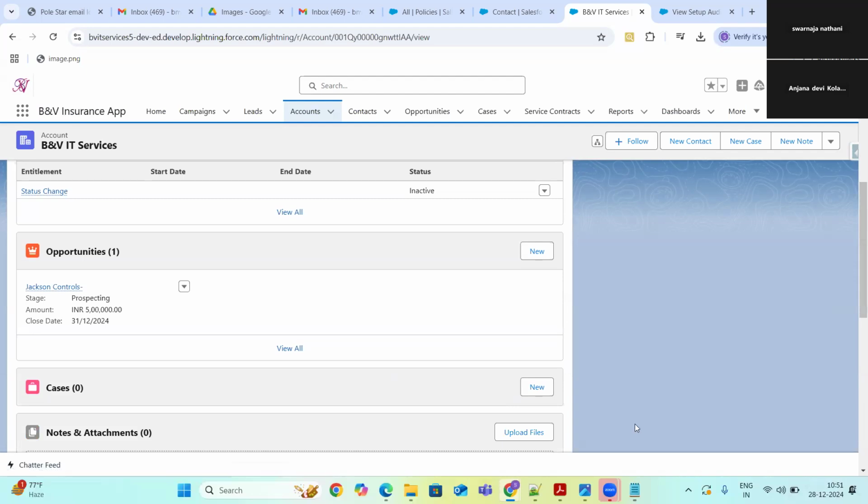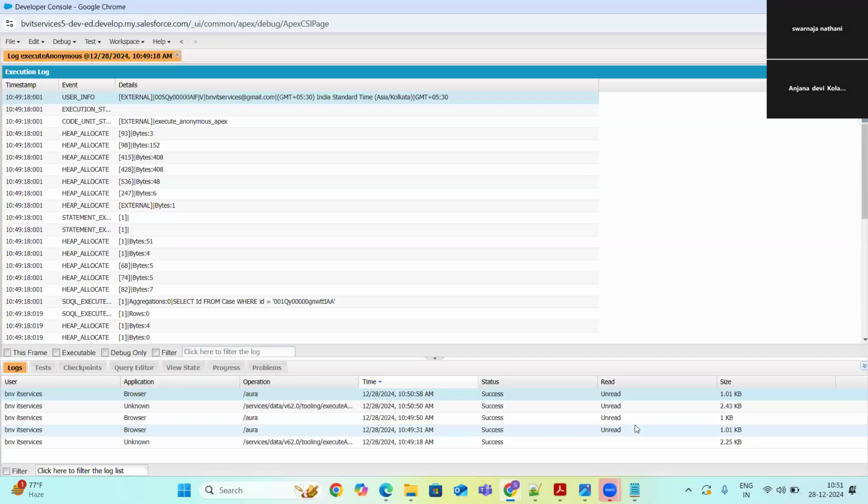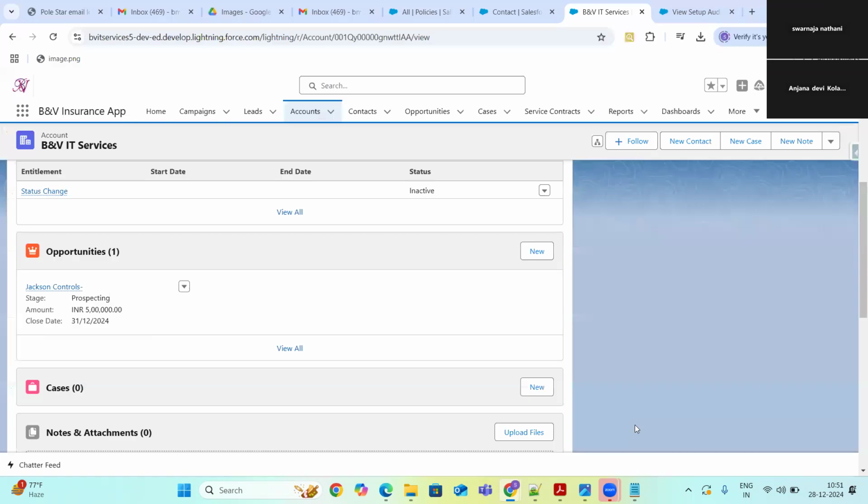This type of query we call a SOQL query, guys. As an admin, you should be aware of SOQL queries. That is a plus point for admins. It's not mandatory that you learn to write queries, but I can teach you how to write queries at the end of our sessions. That is an additional add-on for you. If I do this manually, it will easily take 5 more minutes, right? Instead of that, you can do it quickly if you know the queries. So now I deleted all the cases.